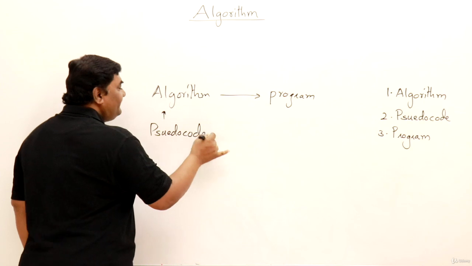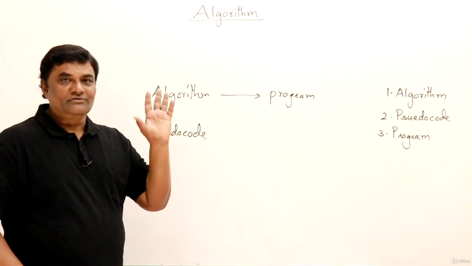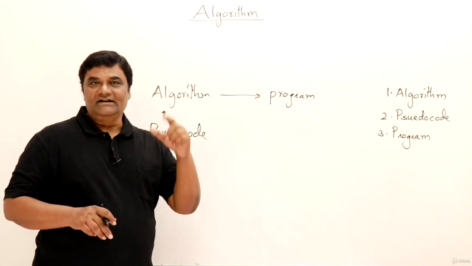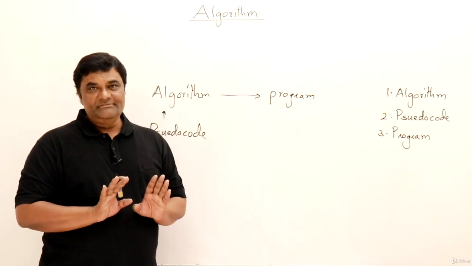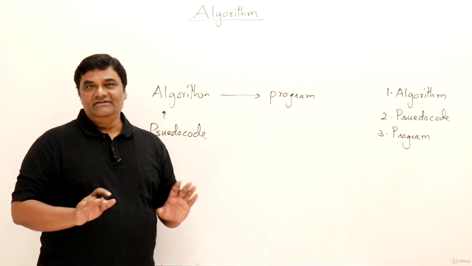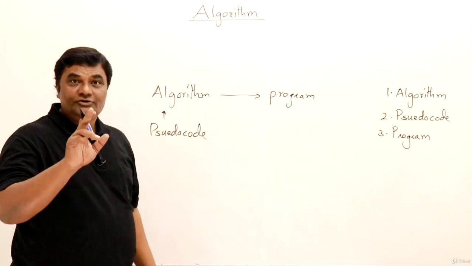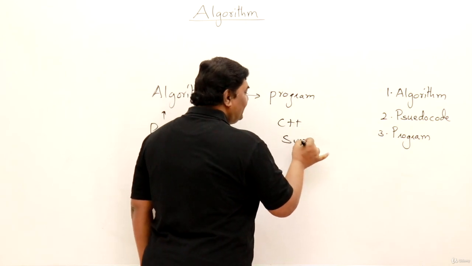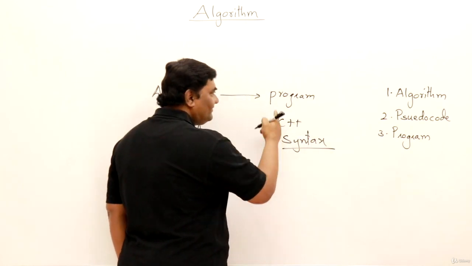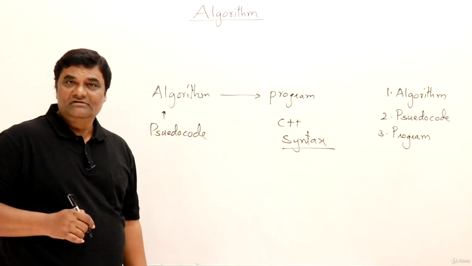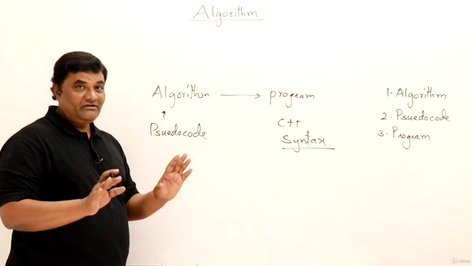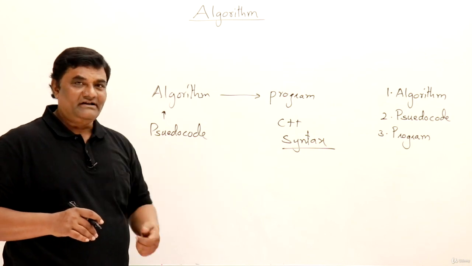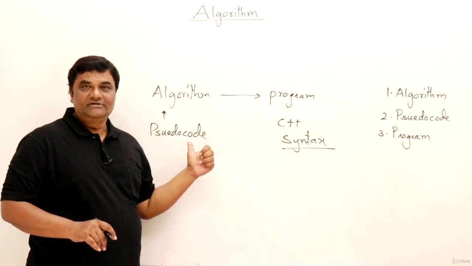Pseudocode is not a standard. Whatever you write is pseudocode. Sometimes a team will define one and follow it. Otherwise, if it is understandable, that's enough. You write any way you like. But a program, you must strictly follow. If you're using C++, then you should strictly follow the syntax, meaning the grammar of that particular language. Here, there is no grammar. As long as a person can read it, and at least you understand what you are writing, that's enough. That's pseudocode.